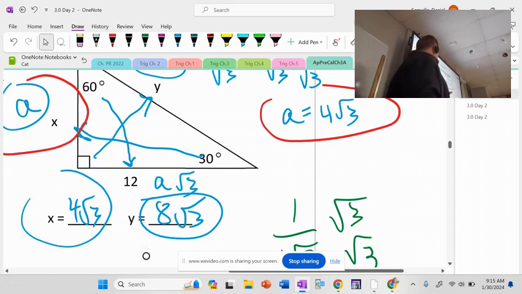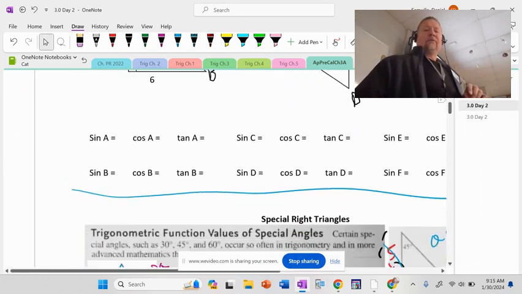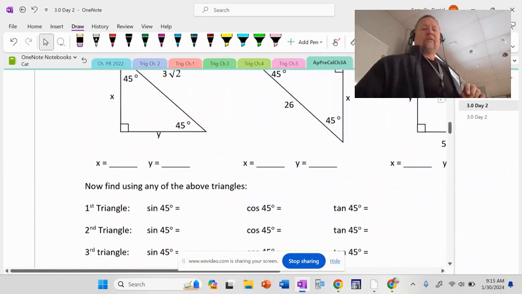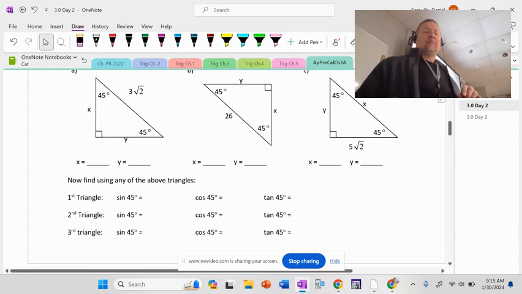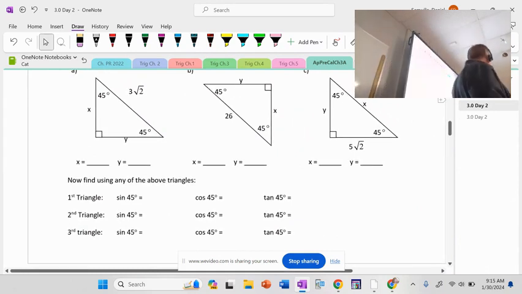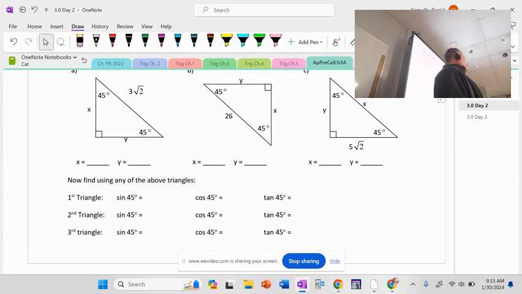So that's why we get 8 root 3 there. All right. Now let's go back up here. Now that you've got your labels, try a couple of trig things and I'll walk around. And then I'll tell you what you should come up with, but we are running short on time a little bit. So try doing the sine, cosine, and tangent of 45 with the sides that you have been given, and